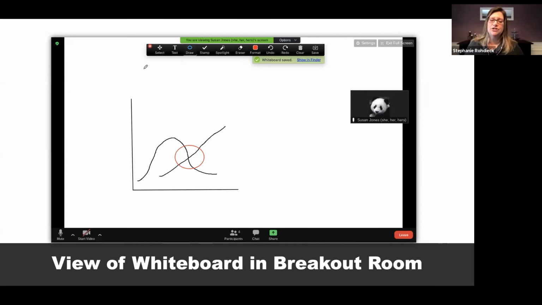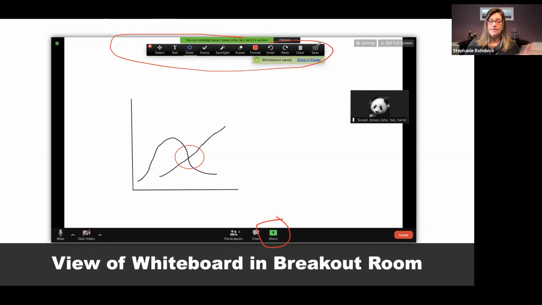All right, I wanted to show you what the view of the whiteboard is. We talked about whiteboard in the last session. The whiteboard is a function of the screen share. So as a host, you would click on the screen share button, and then it opens up the options, and you pick the whiteboard one. Once you click on the whiteboard, then you're in this window, and you end up with a blank white screen with this little tool set on top. I'm showing you this as an example of what happens in the breakout room. It works the exact same way.